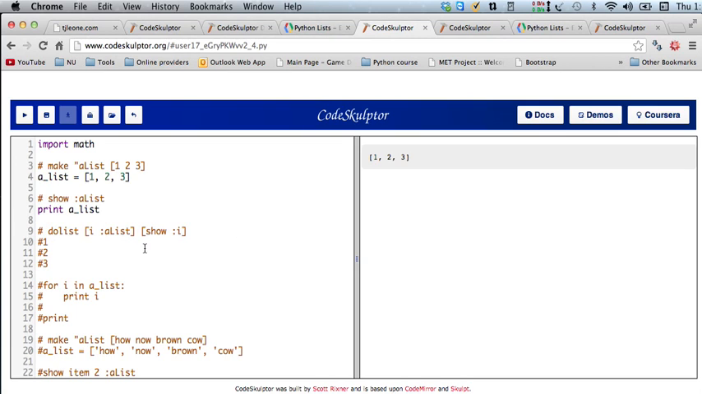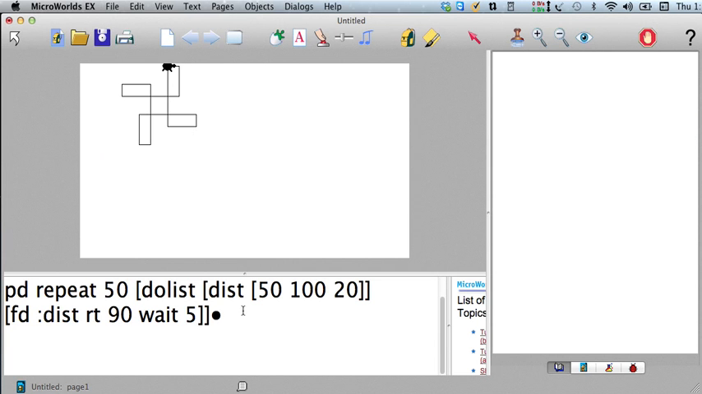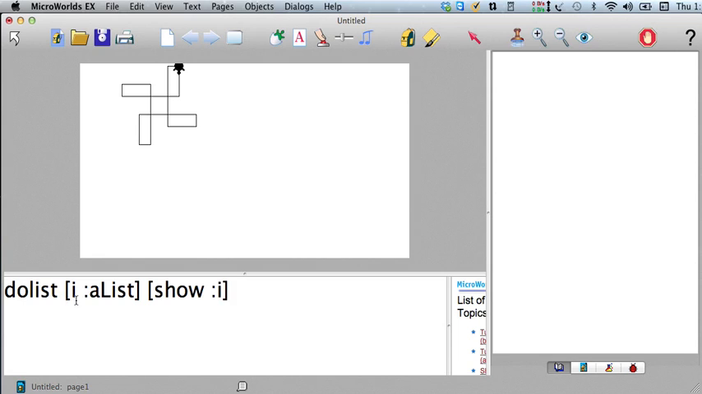So if I said do list I with this A list, show I. Let me do that one more time. If I do that do list business, and remember A list has 1, 2, 3 in it, it's just going to show 1, 2, 3. So the equivalent thing in